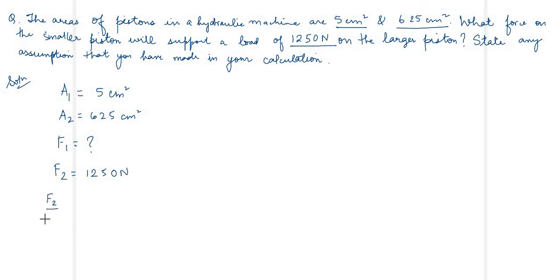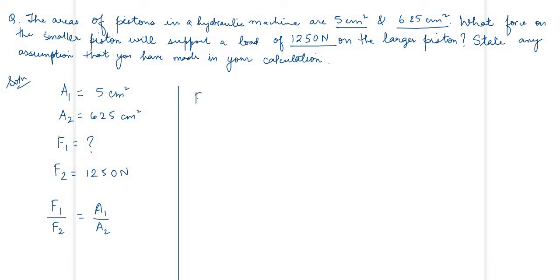तो बिल्कुल वैसे ही सॉल्व करेंगे। F2 upon F1, या फिर मैं इस बार reciprocal करके लिखता हूं क्योंकि मुझे F1 निकालना है, तो let me keep F1 in the numerator. F1 upon F2 is equal to A1 upon A2. This is the same formula, है ना। या तो तुम लिखो F2 upon F1 is equal to A2 upon A1, जैसे मैंने previous question में use किया था। इस बार मैंने F1 upon F2 is equal to A1 upon A2 लिख दिया, just दोनों साइड मैंने reciprocal कर दिया। I have kept F1 deliberately in the numerator because we are finding the F1. उल्टा करके भी लिखोगे तो भी सेम ही आंसर आएगा।